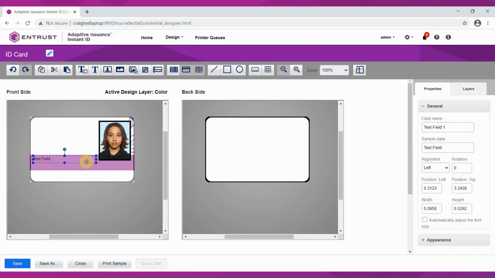On the right hand side are the properties for the text field. I'm going to change the field name and the sample data. I would like to center the name inside the text field, and I will also use this checkbox, automatically adjust